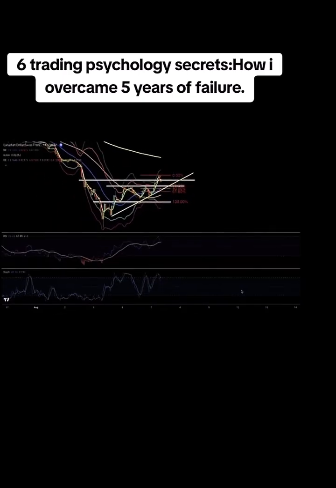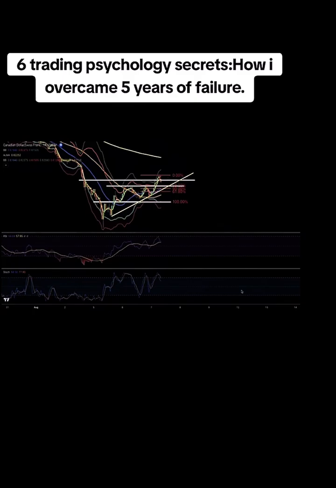Let's talk about one of the biggest trading mistakes, using too many indicators. Take a look at this chart. It's cluttered with moving averages, stochastics, RSI, Bollinger Bands, and Fibonacci retracements. It's chaotic, overwhelming, and hard to make sense of. How can anyone make a clear trading decision with this?